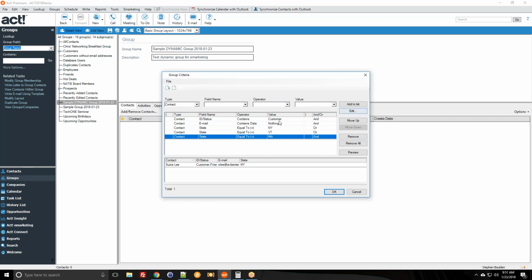We've got ID status contains customer, and email contains data, and at this point I might want to open a parenthesis on the left side after the and. The state is equal to New York or Vermont or Massachusetts, and then close it out before the end. The reason is that this logic could break down. It would be looking for anybody who satisfies one of 3 criteria. If I didn't have these parentheses, then somebody,